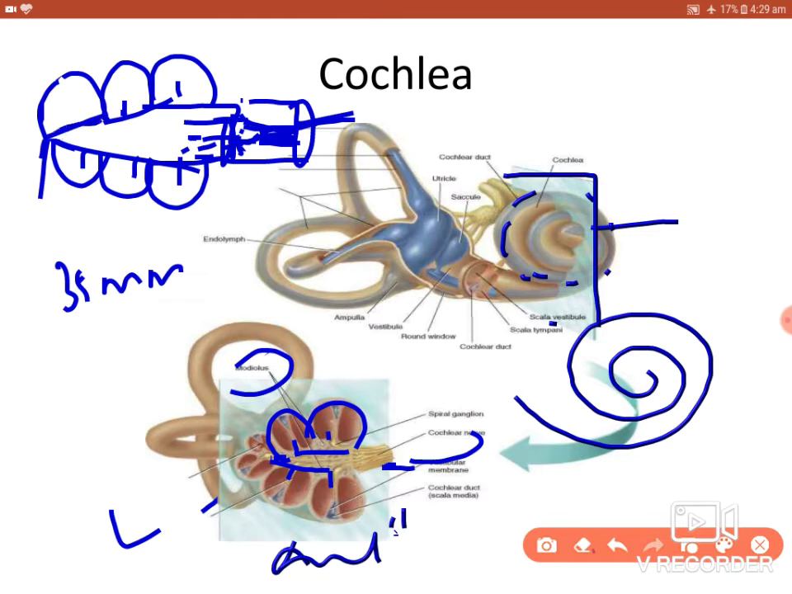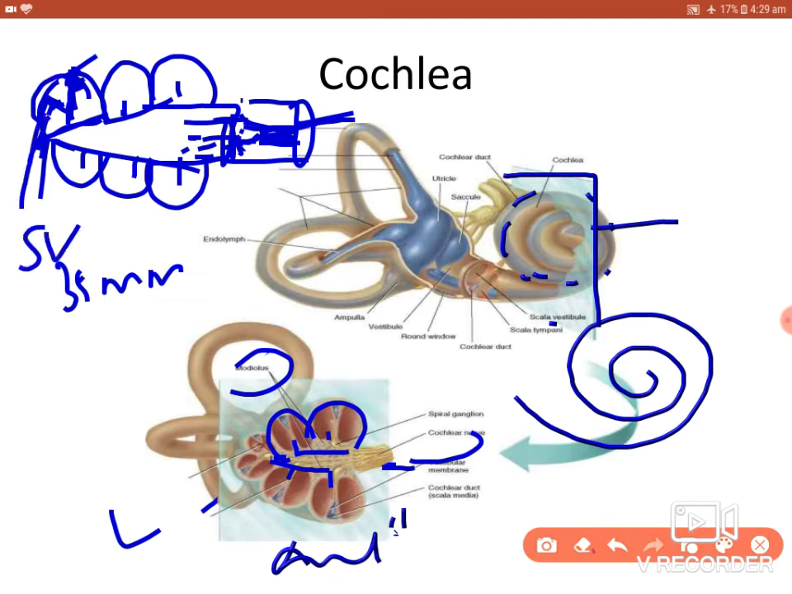The spiral lamina is divided into an upper lip and lower lip. The upper lip is called the vestibular lip. The lower lip here, that is called the tympanic lip. The vestibular lip gives attachment for the vestibular membrane. The lower lip, tympanic lip, gives attachment for the basilar membrane. So with the help of these two membranes, the cochlear canal is divided into an upper part that is called